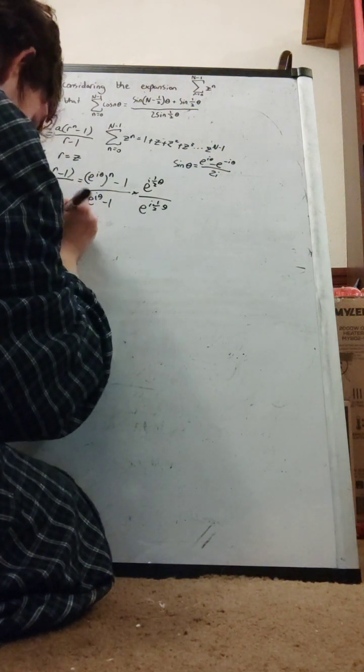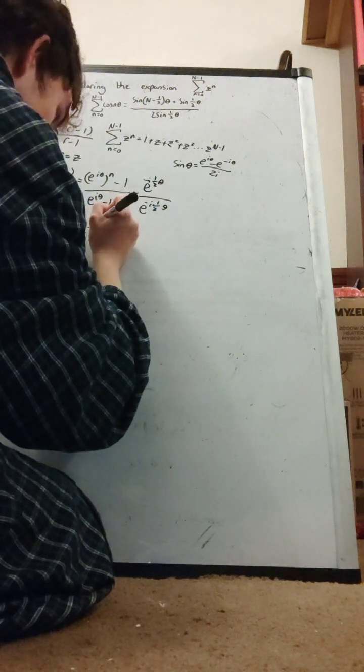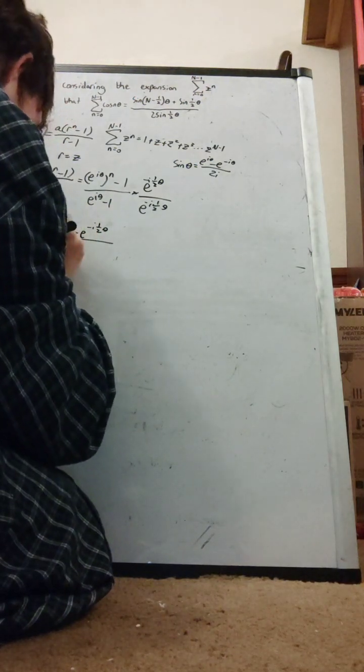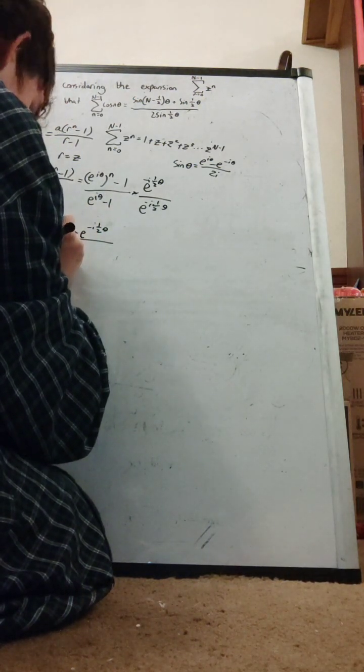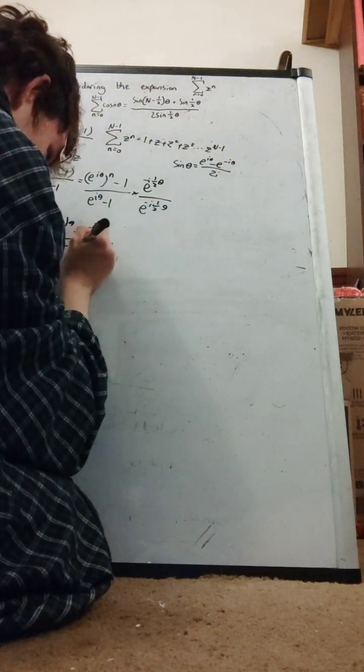Let's just expand everything first. e to the i n minus a half theta, we'll put the theta outside, minus e to the minus i half theta over e to the i half theta minus e to the minus i half theta, and putting that into its modulus argument form,